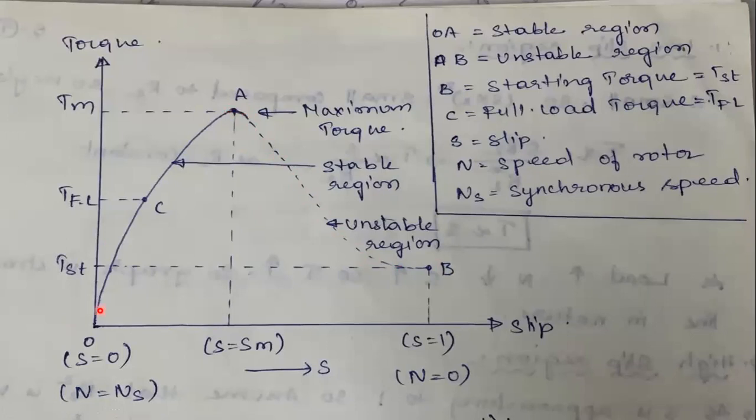So this is the stable region. Why is it called the stable region? Because as we increase the slip, torque increases linearly. And from here, the unstable region comes. The instability of the machine occurs. So here in the unstable region, the motor cannot continue to rotate. At any point in the high slip region, the motor cannot continue to rotate. That's why it is called the unstable region. So these are the torque slip characteristics. This is a very important question.